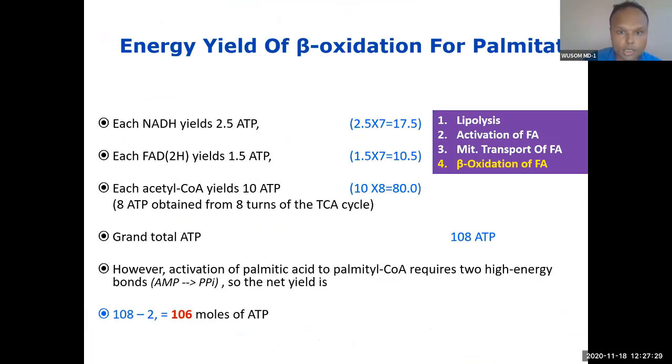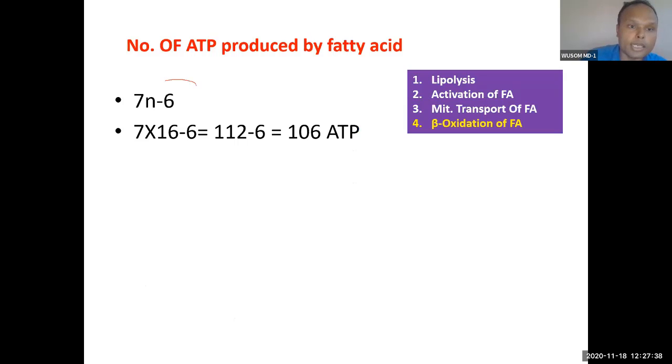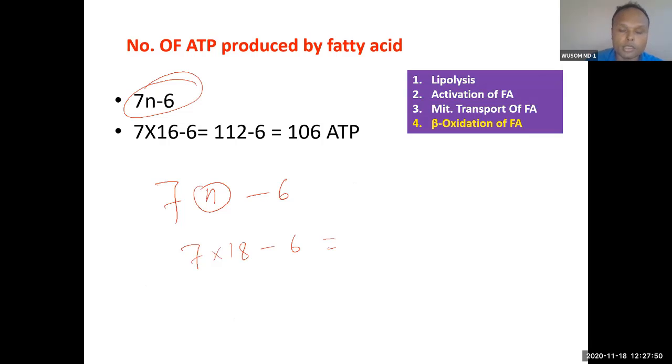So you can see from this easily what is produced. This is a balanced reaction. You can go through this, and if you have not understood, you can understand from this easily. So this is the descriptive way. Or you can calculate easily from this formula. You put 7 and n for the number of carbons present in the fatty acid, and then 6. If it is 18 carbon, multiply by 18 and you can find out. It becomes something like 120 for stearic acid. You multiply by 6 here, so it will be 112. So it is very easy to calculate. So you can remember this formula. You can calculate the total ATP production from any fatty acid.